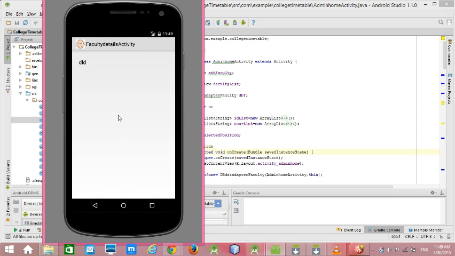Click on login. It will show the timetable. That's it. It is DLD here. Click on DLD subject. It will show the timetable. This is very helpful for the faculty. If you want to know the timetable whenever he wants, wherever he wants to see the timetable, he can see the timetable. This is very useful for the faculty.